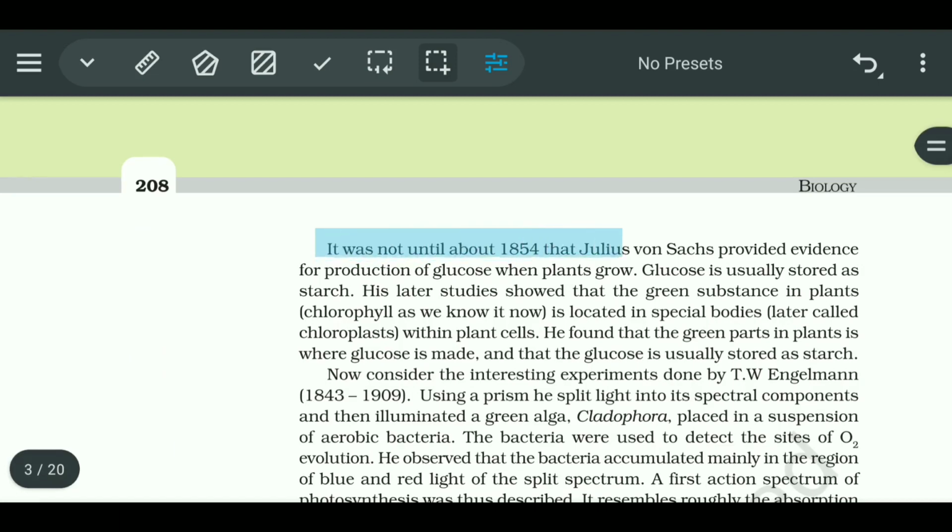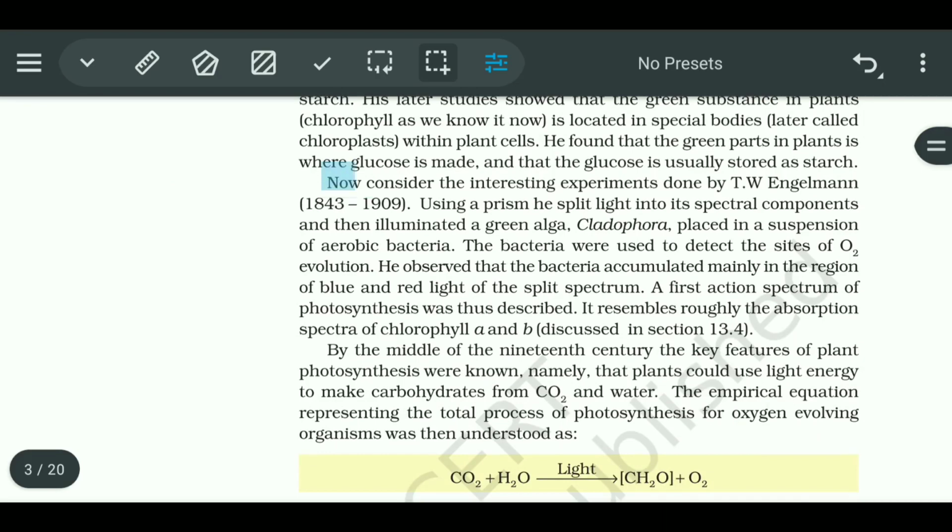It was not until 1854 that Julius von Sachs provided evidence for production of glucose when a plant grows. Glucose is usually stored as starch. His later studies show that the green substance in plants, chlorophyll as we know it now, is located in special bodies later called chloroplasts within plant cells. He found that the green parts in plants are where glucose is made and that the glucose is usually stored as starch. Now consider the interesting experiment done by T.W. Engelmann